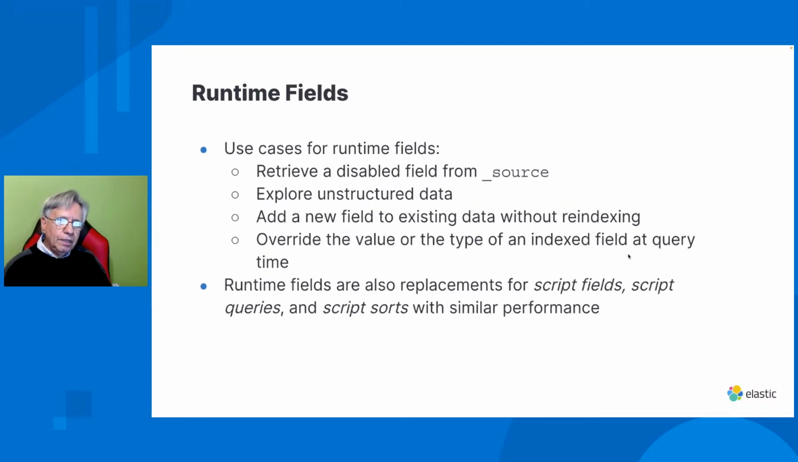All right, so what are some use cases? Well, let's say you decided not to index a field because you wanted the space savings and the faster ingest time. What if you need it? Well, you create a runtime field, and that just copies it from the source, which is where the original document was stored. We always keep a copy of the original document. So you can use a runtime field to take that stored field in source and promote it to an actual